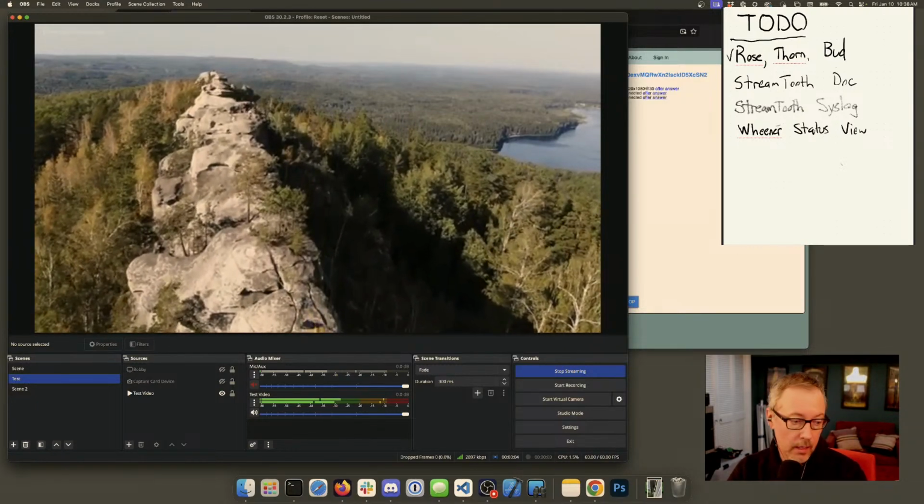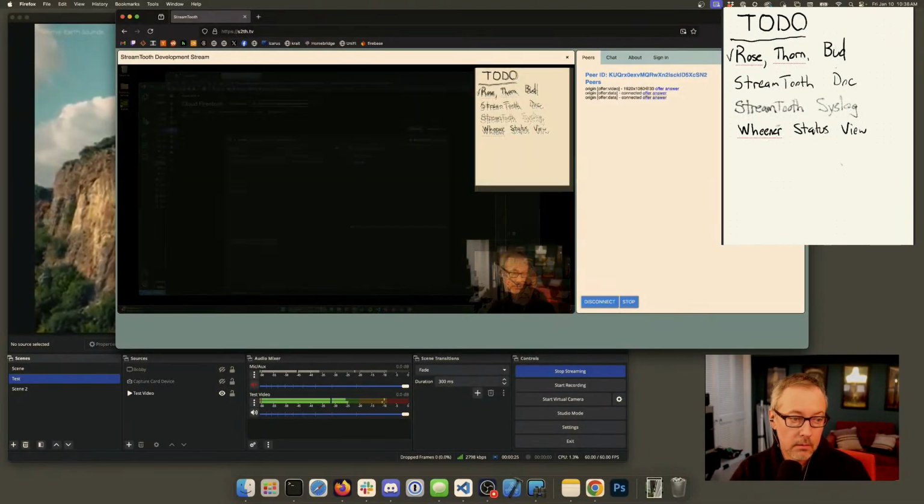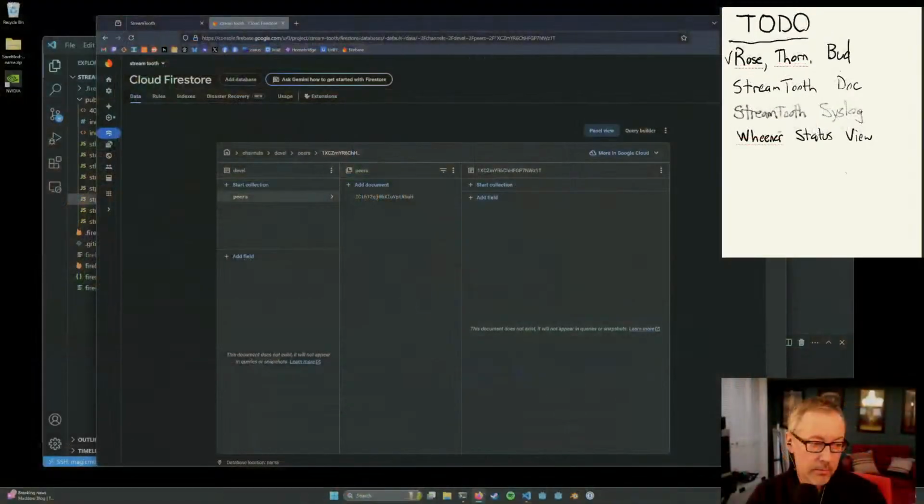Now, it cleared that collection. That's what I was hoping for. So now that collection is nice and clear. And yet, we're still infinity mirroring. I think. Oh yeah. We're not on that screen. If I go here, then we'll do the infinity mirror. Yes. Okay.